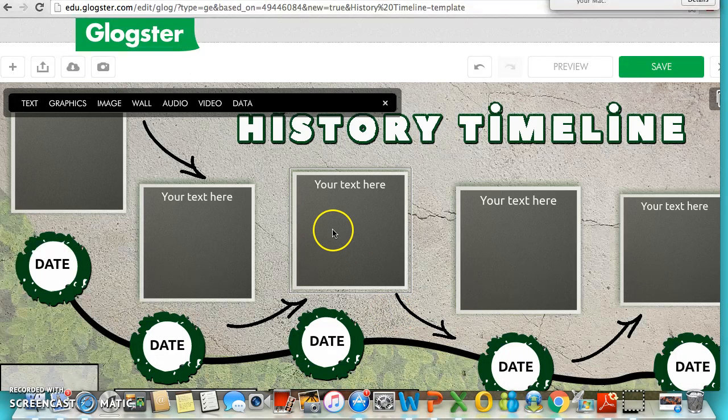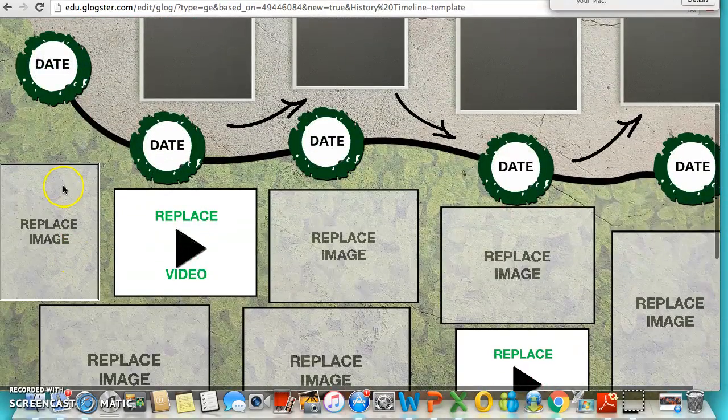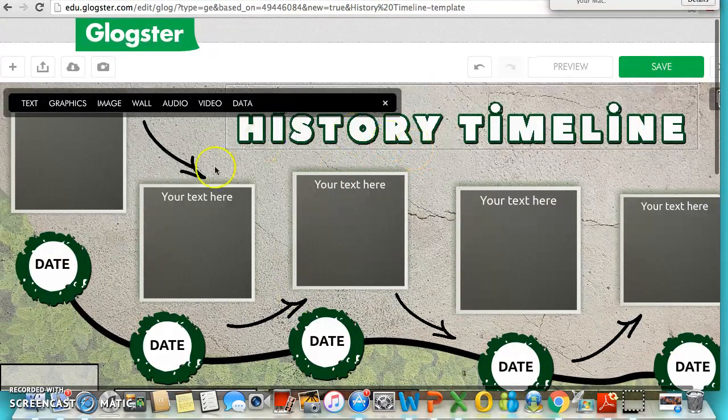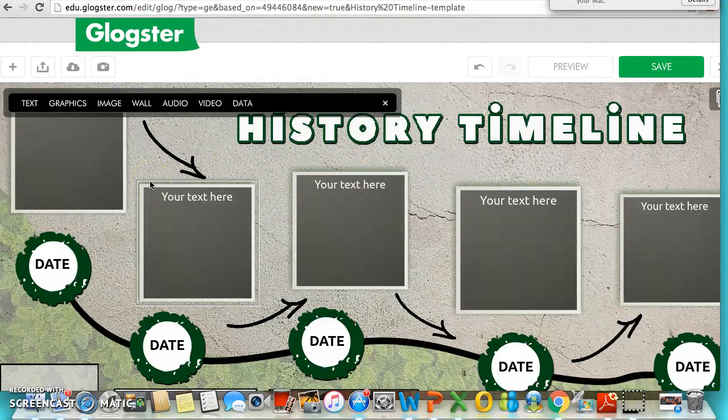Now, you'll notice that the almost slides, in a sense, are already here for students to include their text. There's room for them to include the date, there's room for them to replace image, replace video, and things of that nature. So if I were going to have my students create, let's say, a literary timeline following history,